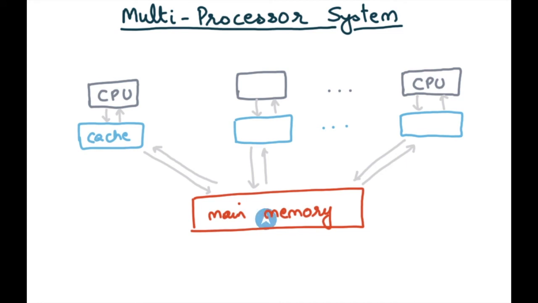Typically main memory has some amount of parallelism built in through multiple parallel channels and banks, and it does give you some parallelism, but that parallelism is not as high as the parallelism that we see at the CPU or core level. You can have machines that have hundreds of cores, but main memory would not have that many channels. And so in my matrix multiplication example, if I do row by row parallelism, I would still be bottlenecked by the main memory, which is going to serve all my cache misses.